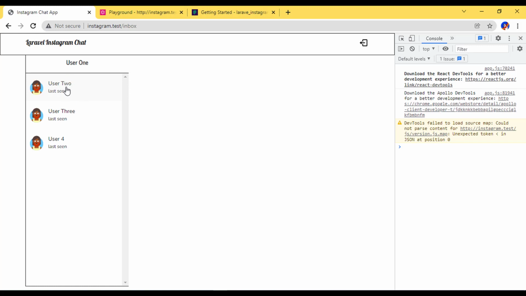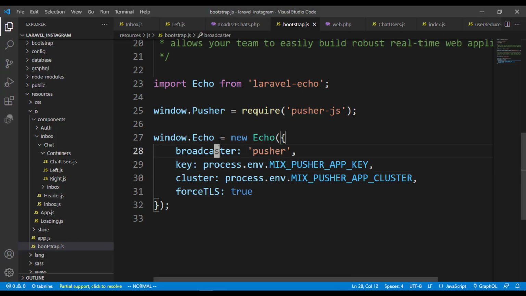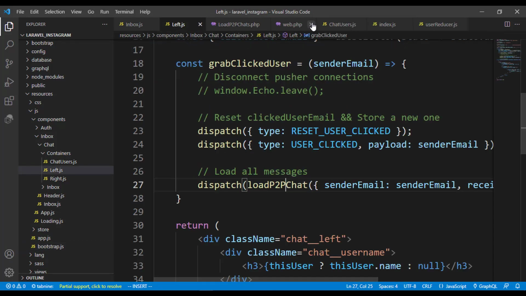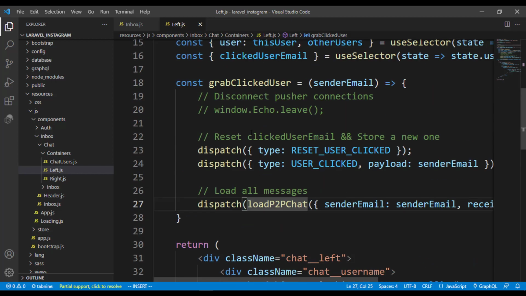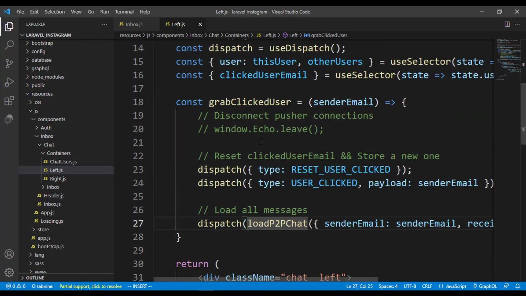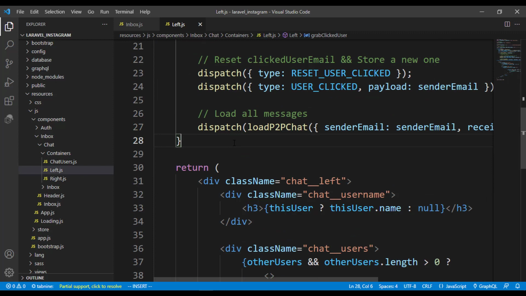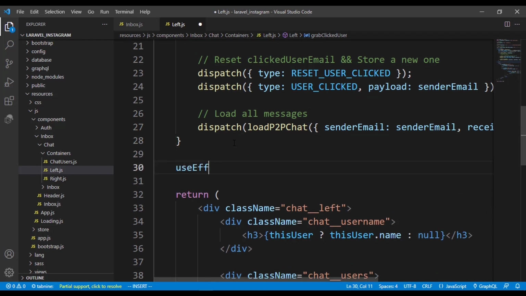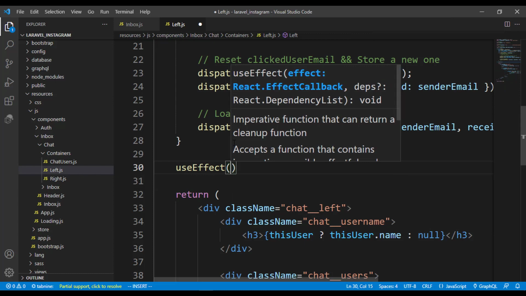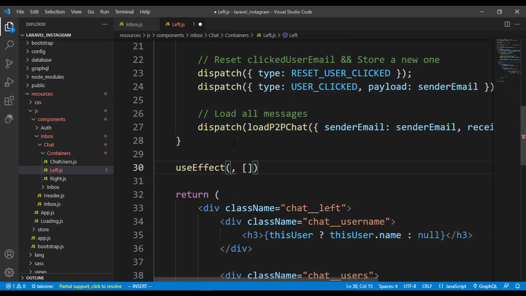So it's going to load, and one more time when we click on this, we try to emit back to this client and grab the messages. So the way we can handle that, let me just go ahead and close all these. Anyone we need, we can reopen. Let me close this as well, we don't need it. And let's say over here, if I try something like useEffect, whenever our application loads,